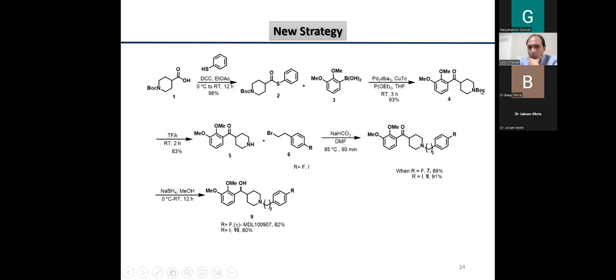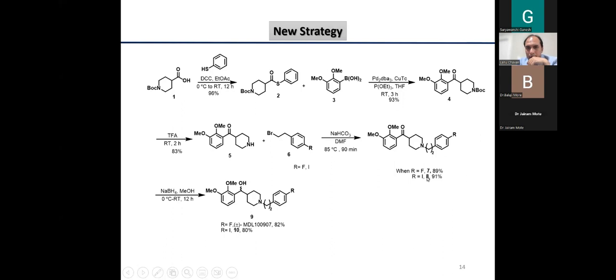Then this Boc was deprotected using trifluoroacetic acid, which gave the free NH. Then this free NH was coupled with the substituted phenyl ethyl bromide